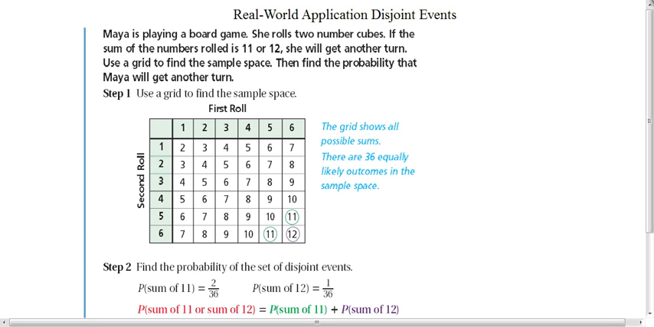So what we want to do is use a grid to find the sample space. Then find the probability that Maya will get another turn. All right, so we have two steps that we want to do. First of all, we want to create, and I've done so, a grid to find the sample space. So here we're looking at